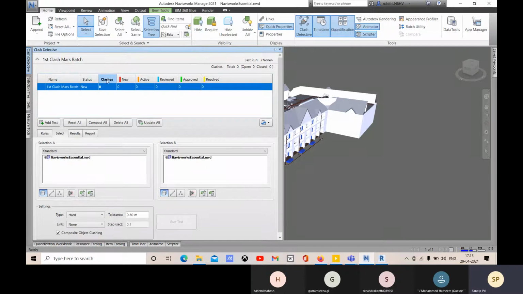Here you will see the total number of clashes, including your open and closed. Okay, and here you can see that another test you can add with this option, add test. And you can,